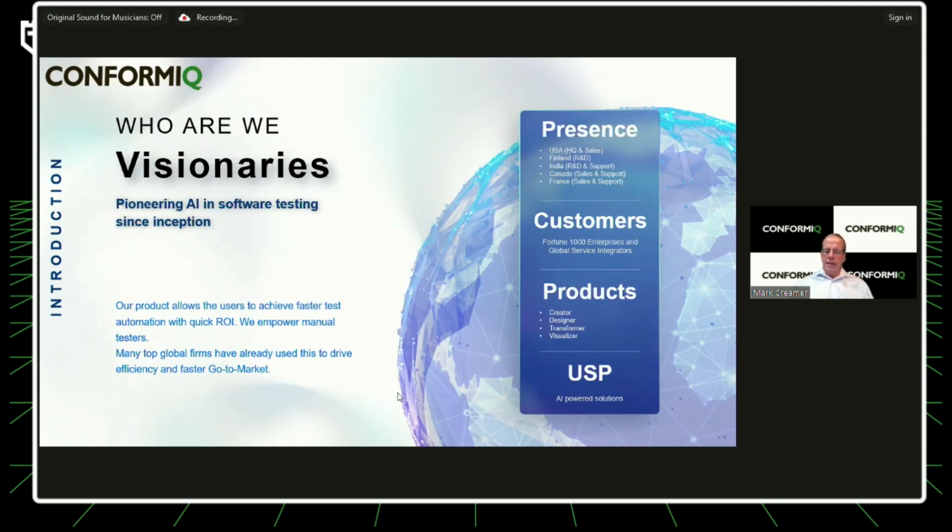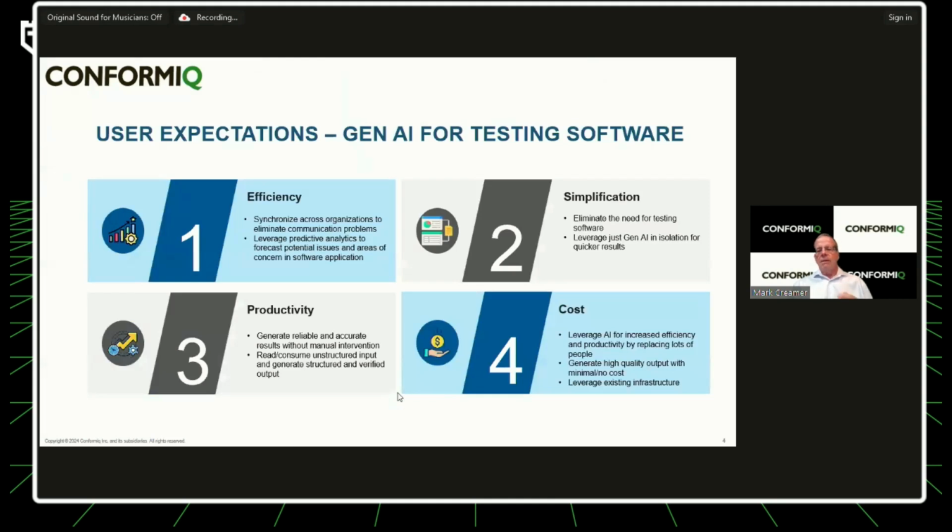So with that, I will jump into my presentation and share with you some of the feedback that I've been getting from customers and prospects in terms of the expectations you all have for Gen AI. And it's interesting because some expectations are maybe realistic, but they're very high, to the point where you ask, why would I even have to test my software anymore? I can use Gen AI to do that. Well, we'll talk about some of the risks and downsides of Gen AI and maybe how some other AI implementations can help. But certainly increased efficiency is something that